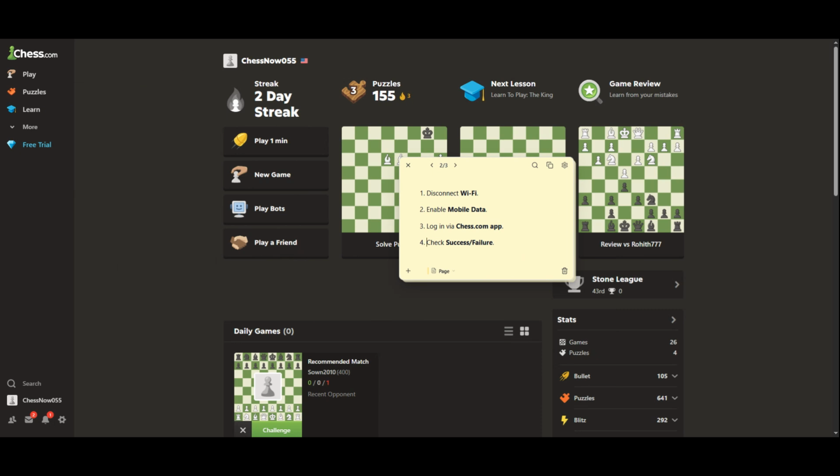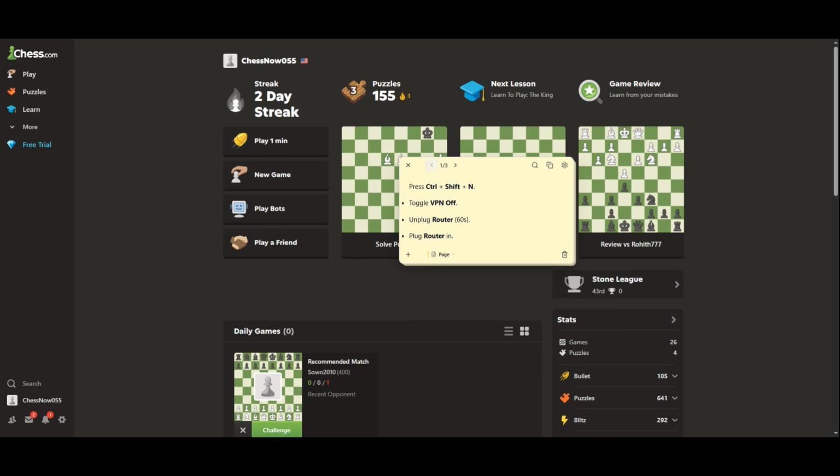little while and try again later. Since error 520 is sometimes caused by a server-side issue, it may resolve itself once chess.com or Cloudflare stabilizes. You can also restart your browser, refresh your network connection, or try a different device just to narrow down the cause. So to recap, the main fixes are clear your site cookies, open a private window with Ctrl plus Shift